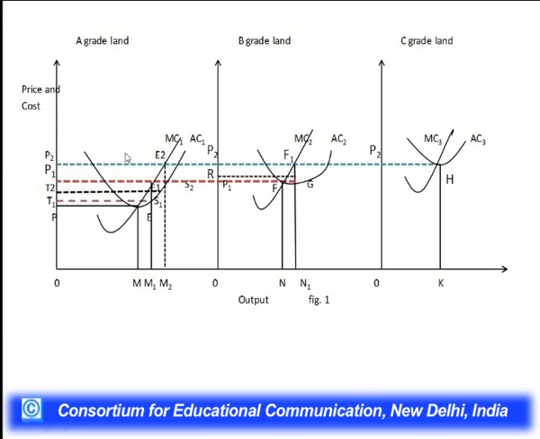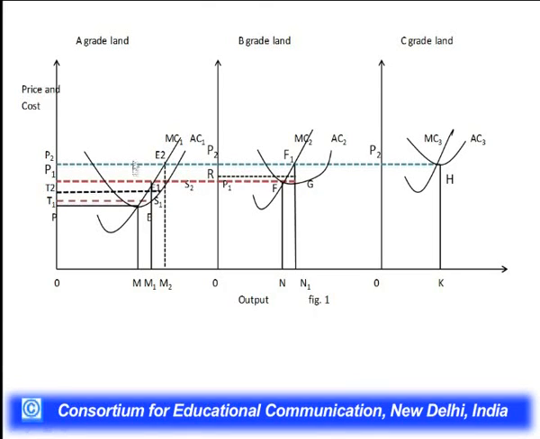Now we have shown this figure and we have taken A grade land, B grade land and C grade land. On the x axis we have shown output for all the 3 parts of this diagram. On the y axis we are showing price and cost. Take the example where firstly only A grade land is brought under cultivation because the size of